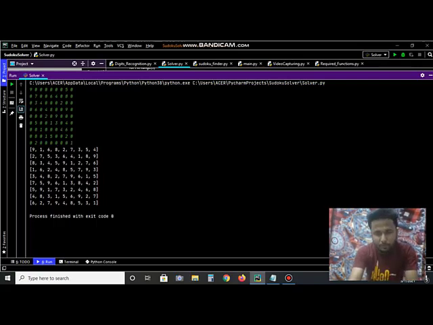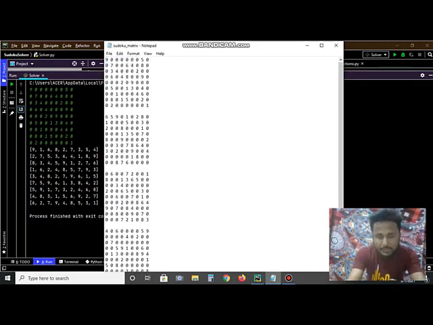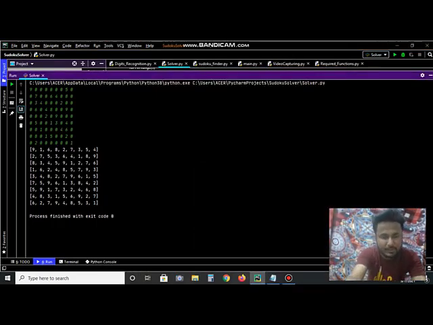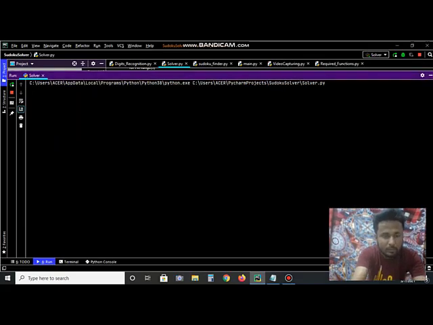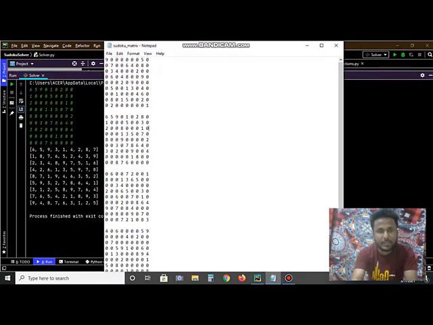So now testing our algorithm for one more unsolved Sudoku matrix. Let's copy this. Okay. So now I'm again running this file, pasting this matrix, and let's see. So yes, here you can see that our algorithm has produced the correct output for both of these unsolved Sudoku matrices. This way we can pass all these remaining unsolved Sudoku matrices as an input to our algorithm, and we will be getting the solved Sudoku matrices.